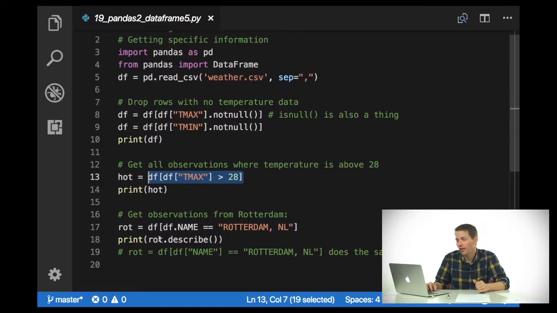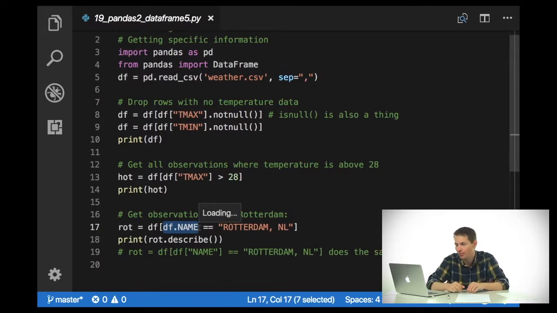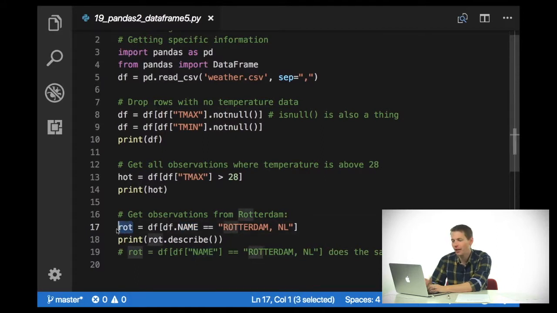I could do a similar thing if I wanted to get all of the observations from a particular place. We haven't seen this convention quite yet, but we can do df, which is our data frame variable name. Now remember, we named this variable, so it could be anything we wanted. But here we say df.name, and right here is the name of a column. So df.name equals Rotterdam, Netherlands. And I'm saving this as another data frame called rot, and then I'll just print out rot.describe, which will